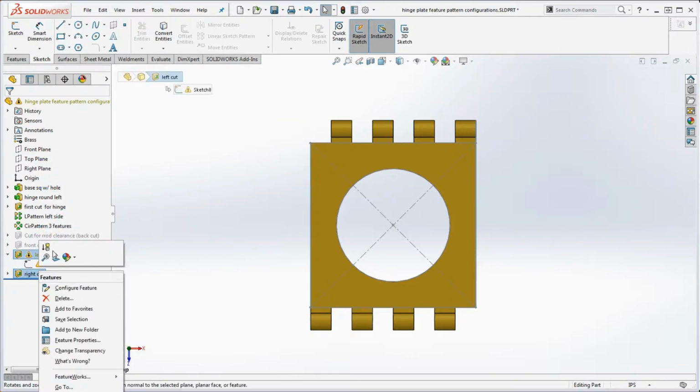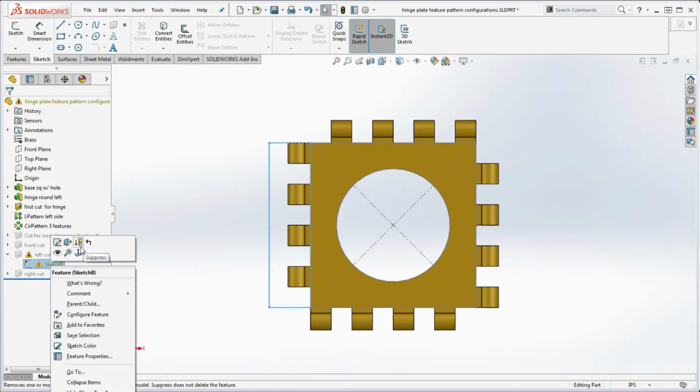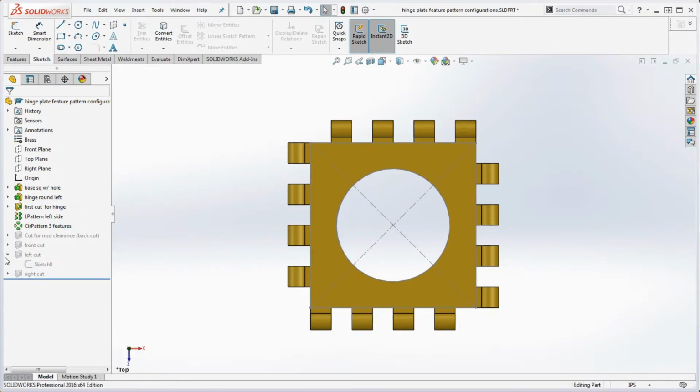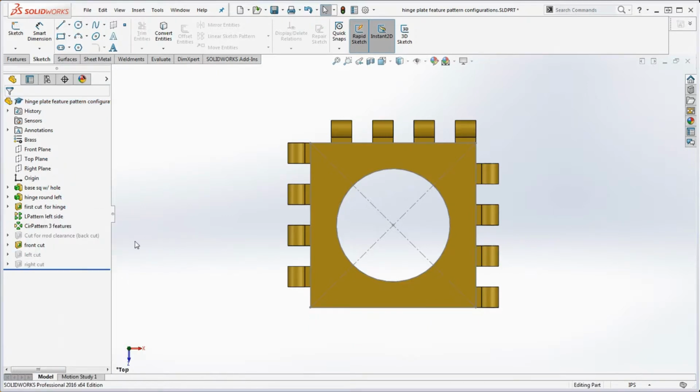Now let's take a look at the whole model here and what everything got suppressed. So we have the whole model here, all the hinges in here, all the hinge rounds and holes and the cuts and stuff like that. And this one is still dangling there, but we can go ahead and get rid of that by just suppressing that sketch. So each one of these, as we right-click on that and tell it to unsuppress,